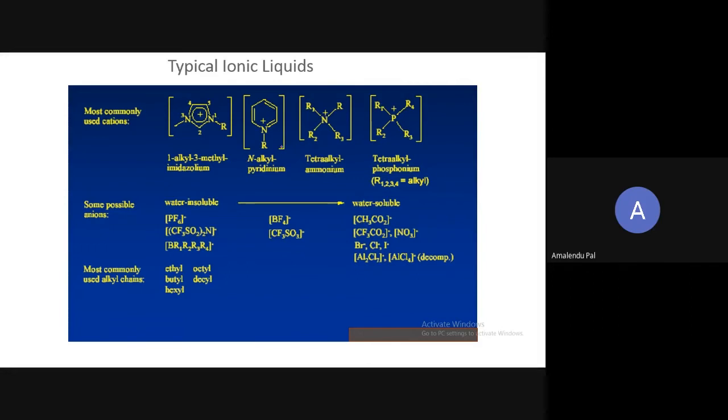Next slide, I'm showing cations here, but this is not all. It is total 8. Yes, this is 4, 5, 6, 7. 7 I have shown, but there is another also. Anyway, you see there are pyridinium cations, imidazolium cations, ammonium cation, pyrrolidinium cation, sulfonium cation, morpholinium cation, and pyridinium cation. So you see there are